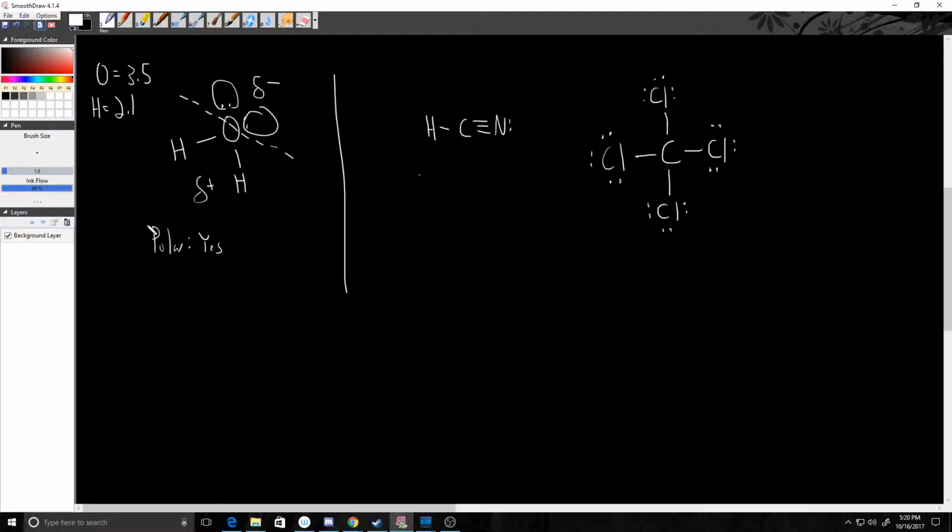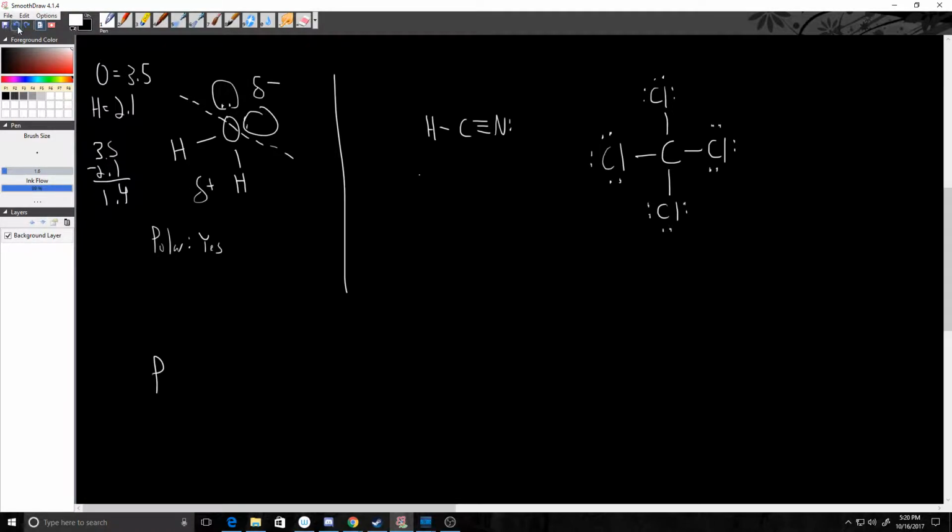So in this case, this oxygen wants electrons at a strength of 3.5. I'm looking at each bond separately. So let's look at this bond first. This hydrogen wants the electrons with the strength of 2.1. And I said that we're looking at the differences between those. So 3.5 minus 2.1 is 1.4. That's pretty big. What we're going to find is,